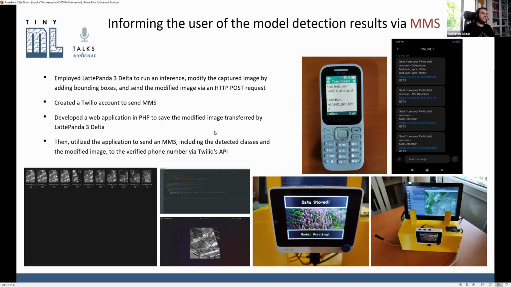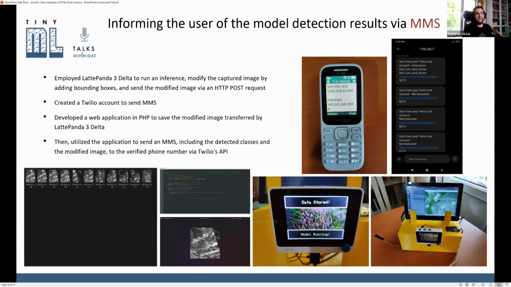After getting the image and the detected class, and the environmental factor information with it, the device sends this information to the verified phone number via an MMS, also adding the images linked on the local server. As an improvement for this project, if you do not want to use a local server, but create an interactive server to send